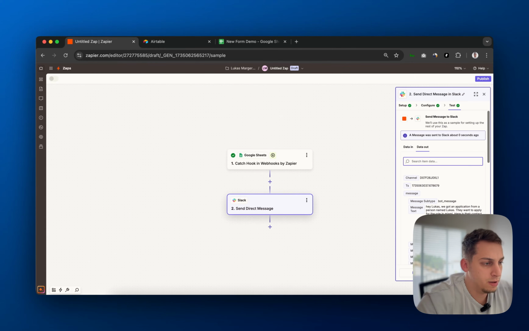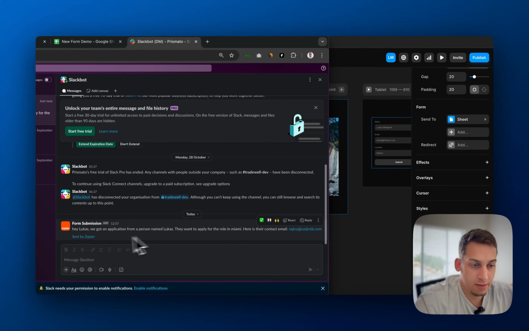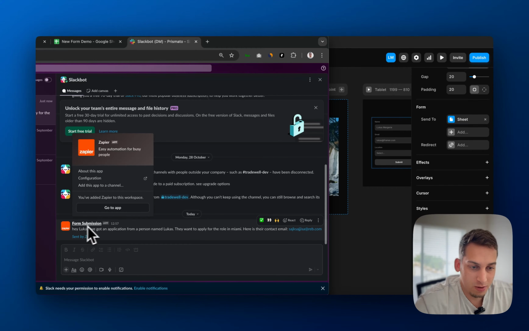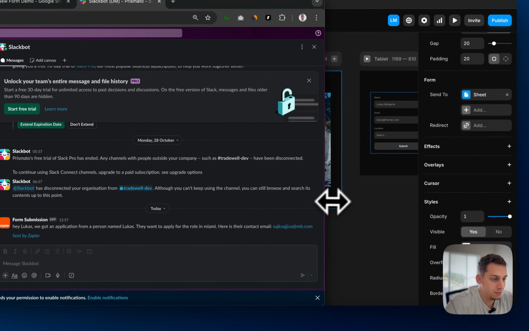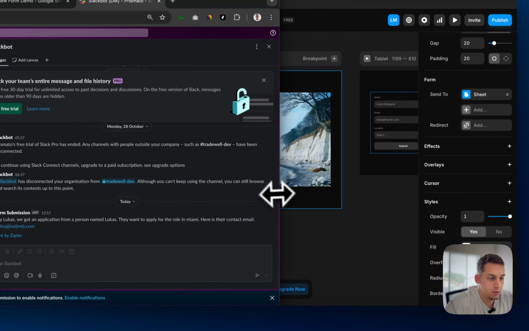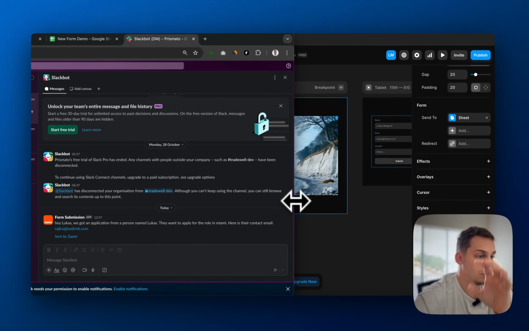Now what we can do is go to Slack, and then we see that we get this Slack bot chat, and it says form submission. It says, hey Lucas, we got an application from a person named Lucas. They want to apply for the role in Miami. Here's their contact email. So boom, that is, I would say, the first use case you can use with